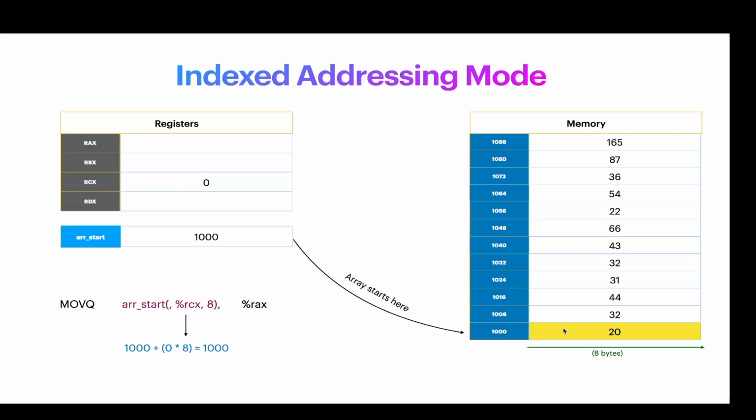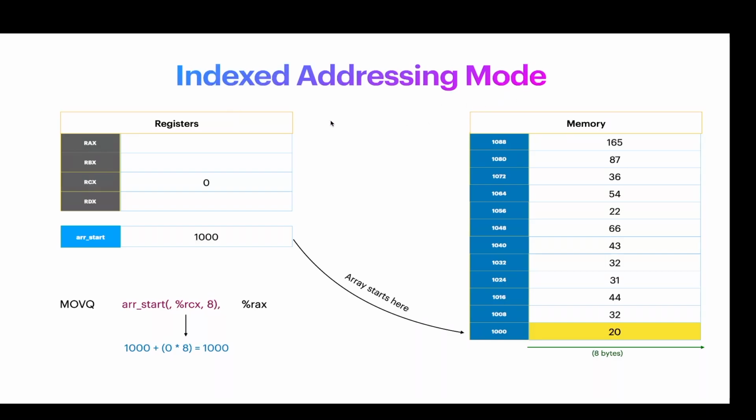Arrays are a collection of similar data, let's say a collection of numbers, or a collection of characters, which is called a string. So we have a collection of like-minded data that are available one after the other. So if you have an array, then you can access them one after the other using